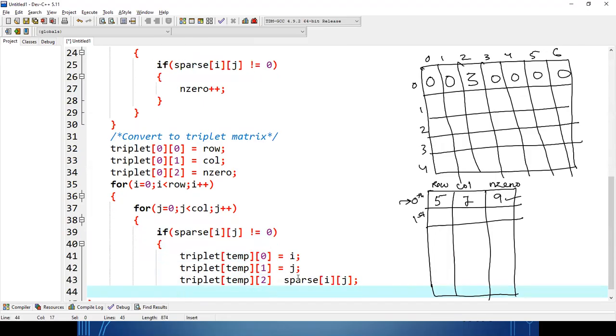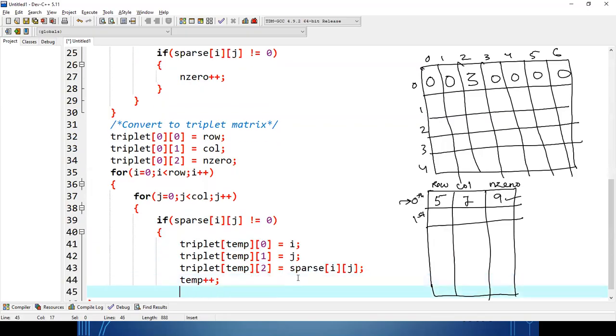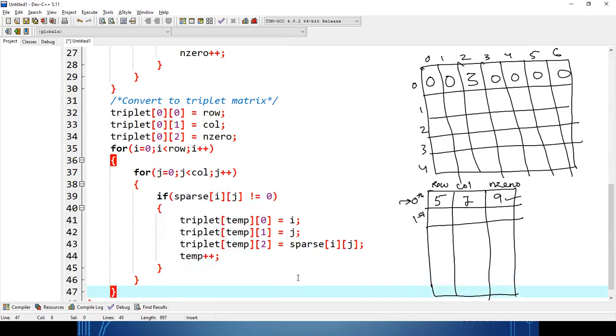Now remember temp is currently 1, so I am storing the details at 1 0, 1 1, 1 2. Next time I get a non-zero value, I'll store at 2 0, 2 1, 2 2. So I have to increment the temp variable. Clear? After that again temp will increase, so 3 0, 3 1.